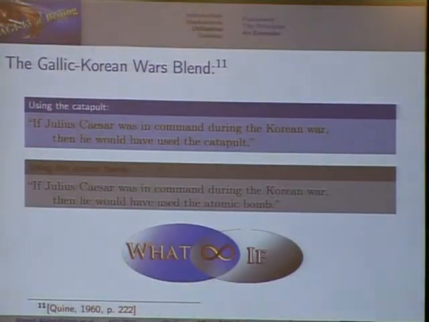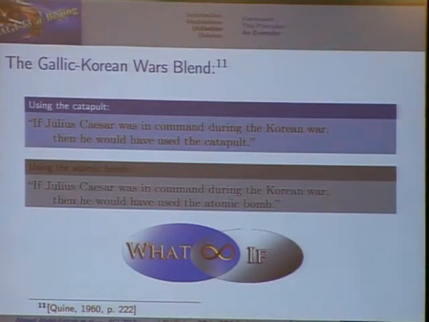words. So let's have an example using the famous counterfactual analysis given by Quine and others. It says something like, if Julius Caesar was in command during the Korean War, then he would have used the catapult. And some people say, no, he might have used the atomic bomb. In any case, we know that Julius Caesar is ruthless, we know that the war is there, and we know